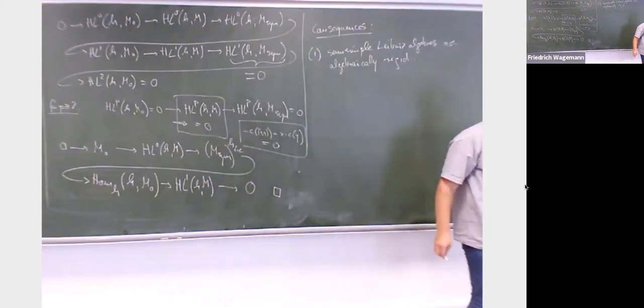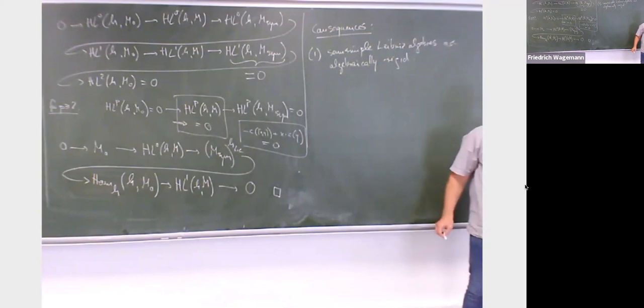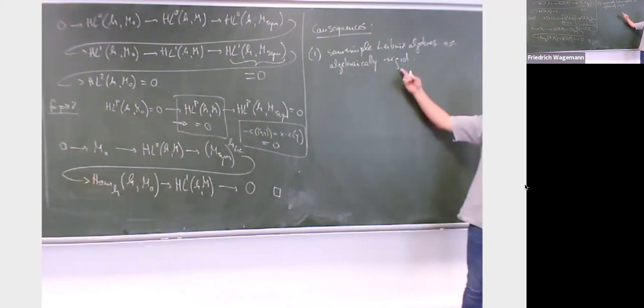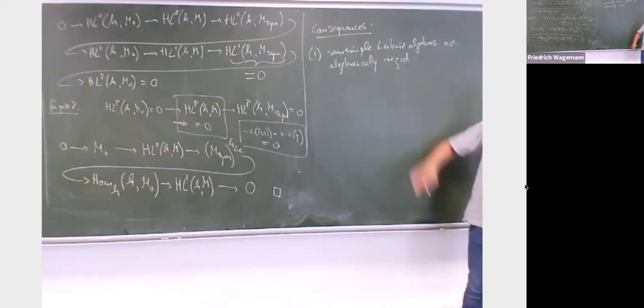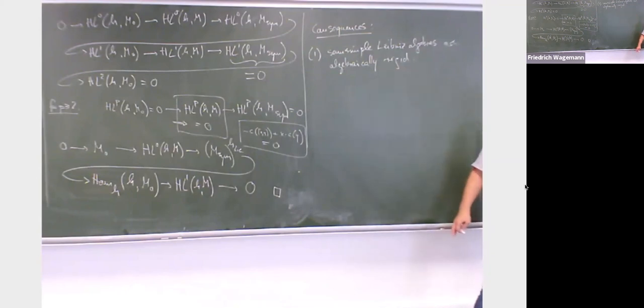You remember Makhlouf's talk? There, geometrically rigid meant that a certain orbit was open in the variety of Leibniz algebra laws. But here we kind of have a stronger statement. We have that HL2(H, H) is 0